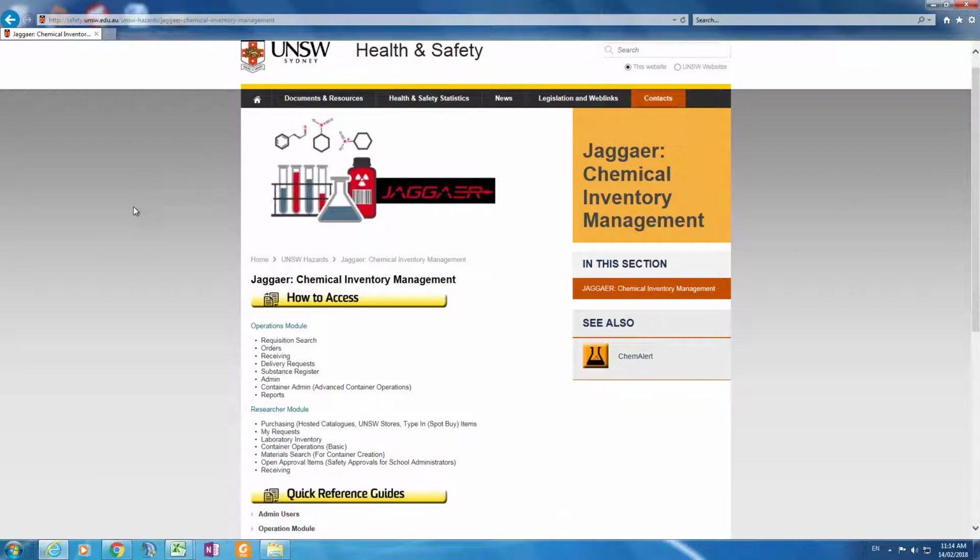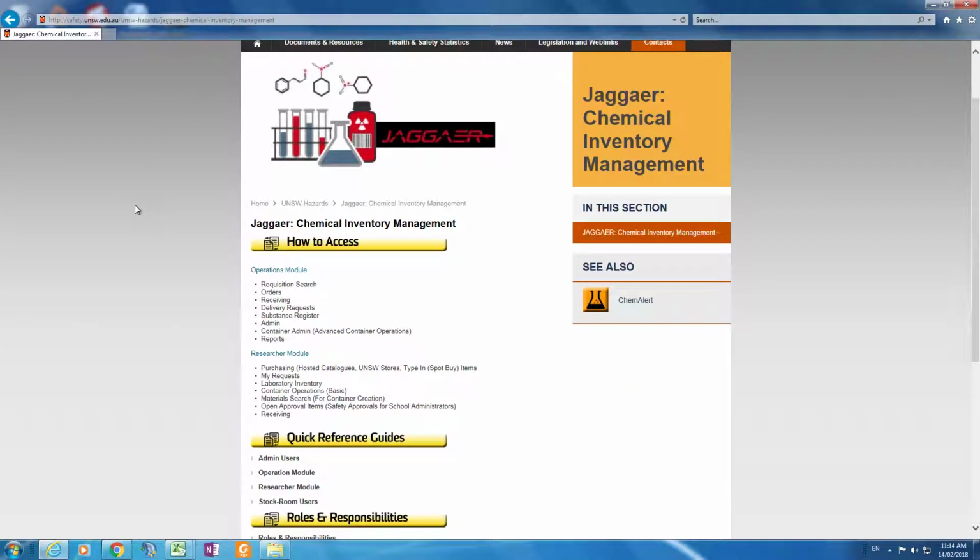When I click through to that, you'll see there's a couple of different hot links you can use on how to access. One is for operations module. The operations module's for a higher level user who might be actually doing ordering of chemicals and making new barcodes. And then we've got the researcher module, and this is the module that applies to you. So go ahead and click the researcher module,